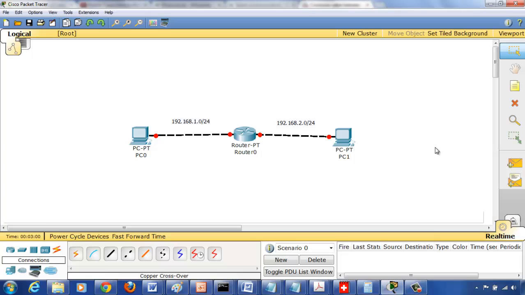Again, as part of putting the label values, I'm going to say this is the 1.0 interface, right? So the router gets 1.1 on that interface, and the PC gets 1.2. All these routers get the first available IP address for that interface, so 1.1. Similarly, on this interface, the router will get